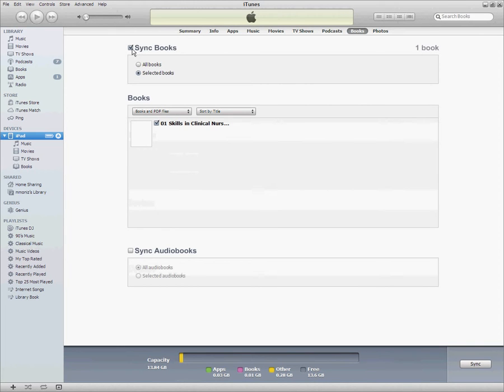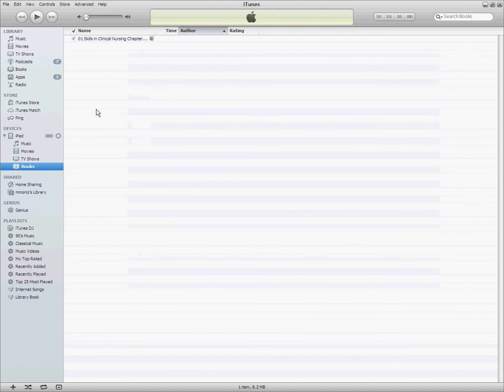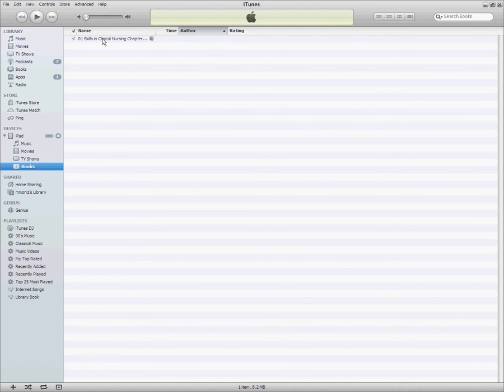And now you can tell it to sync books by clicking Sync Books up here. You can tell it to sync a selected book or all books. If you click Selected, make sure you sync the one you want to add or the ones you want to add. And then down here at the bottom right, we click Apply, which is going to apply that change to the iPad. Now, after that is finished, once we go to Books, right here, we will see that it is added in our book. So now if I disconnect the iPad here,